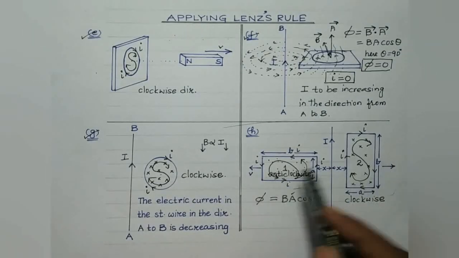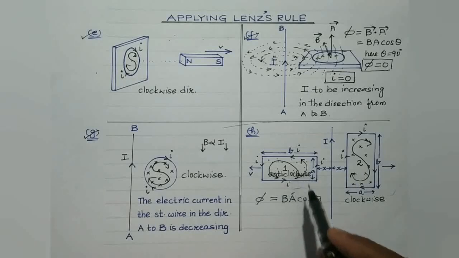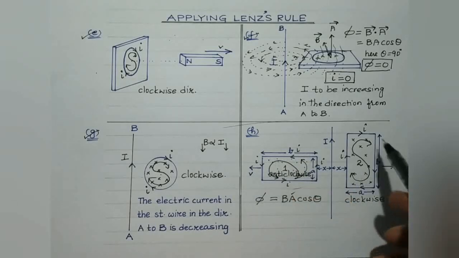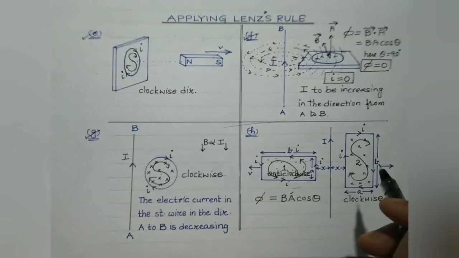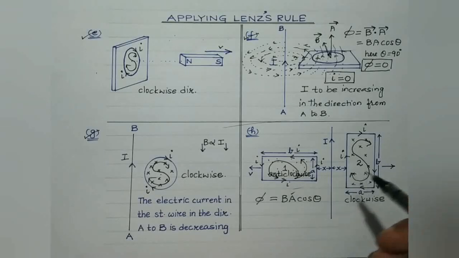So in both the coils, although their orientations are different, the induced current will get produced. In coil 1, it will be in the anti-clockwise direction, while in coil 2, it will be in the clockwise direction, right? Now the second question is, will the EMF induced in the two loops be equal? And we need to justify the answer.